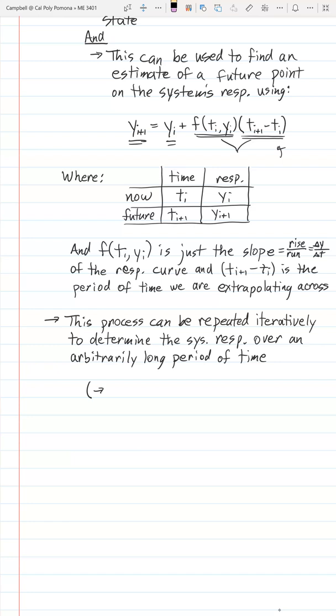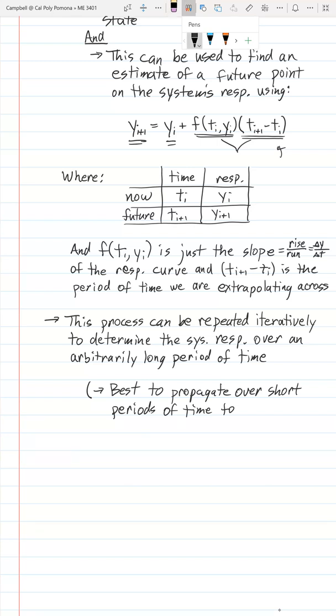I'll put in parentheses, best to propagate over short periods of time, if you can, to minimize accumulated error,